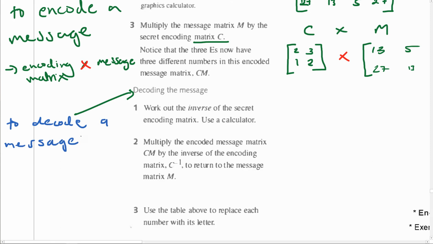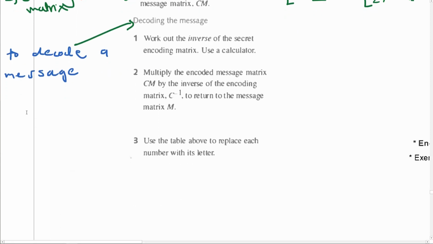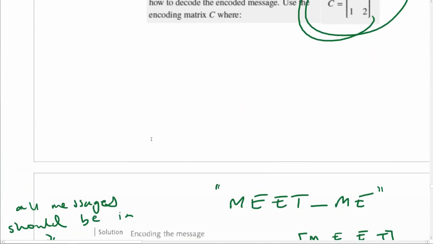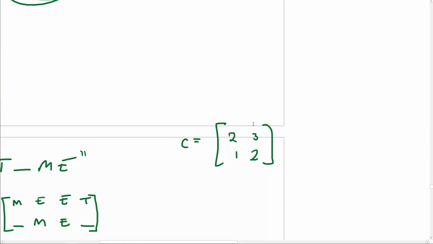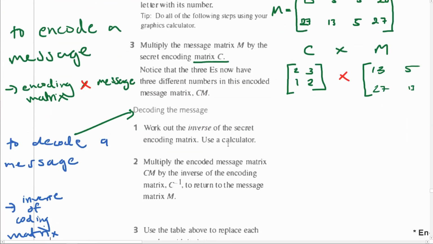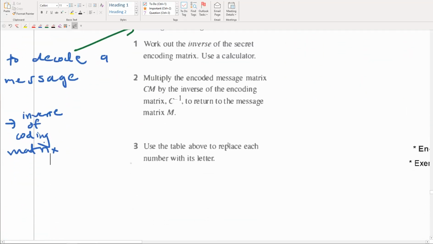To decode messages, it's going to be the inverse of coding. So you need to find the inverse of that coding matrix. So find the inverse of this guy, and then multiply that